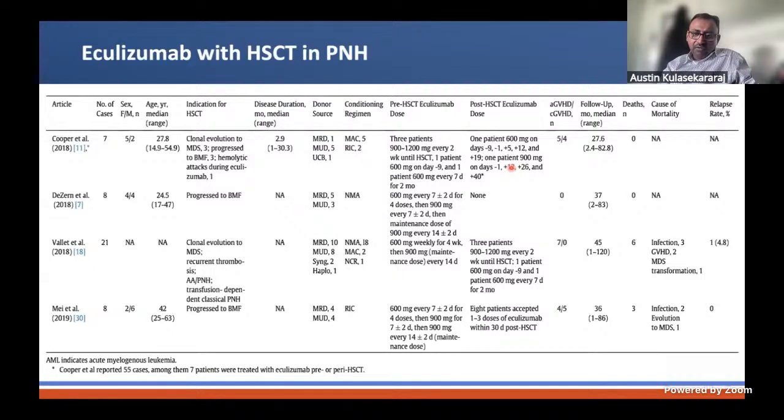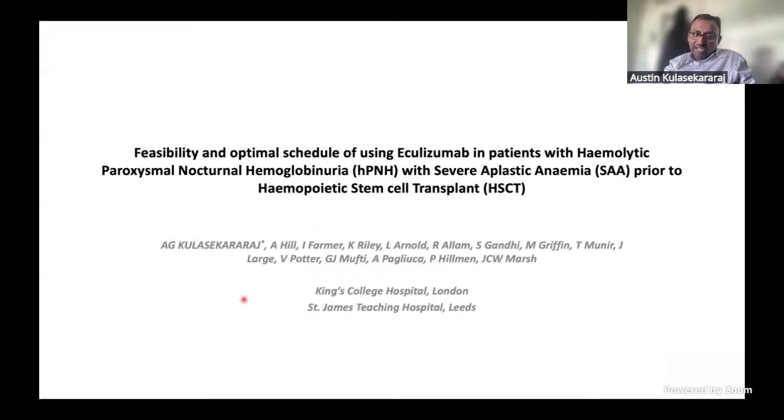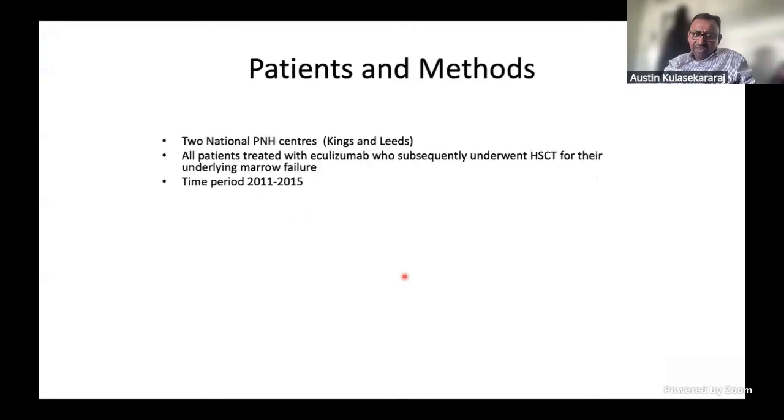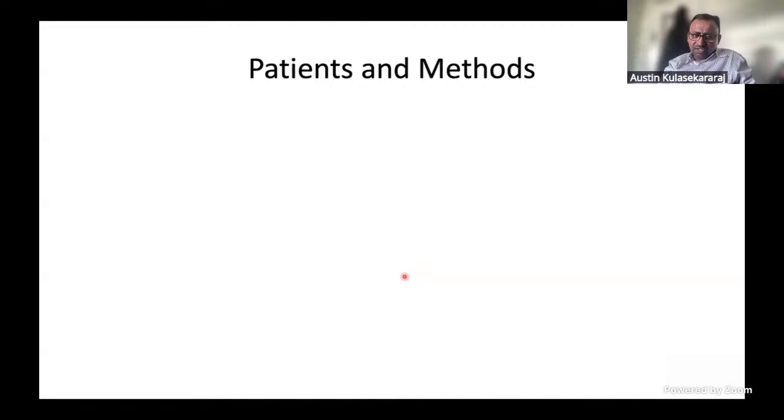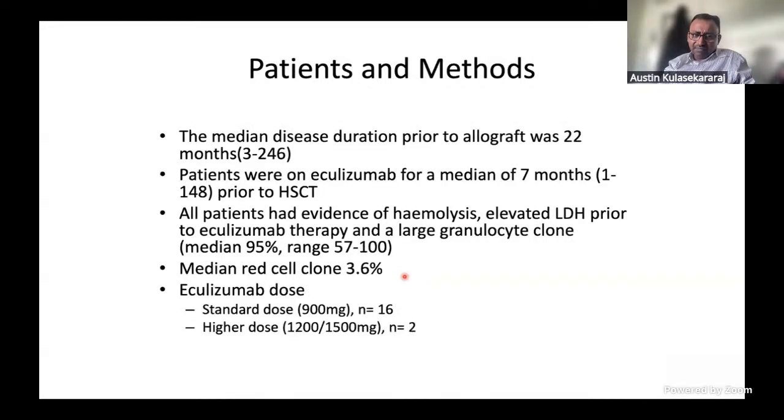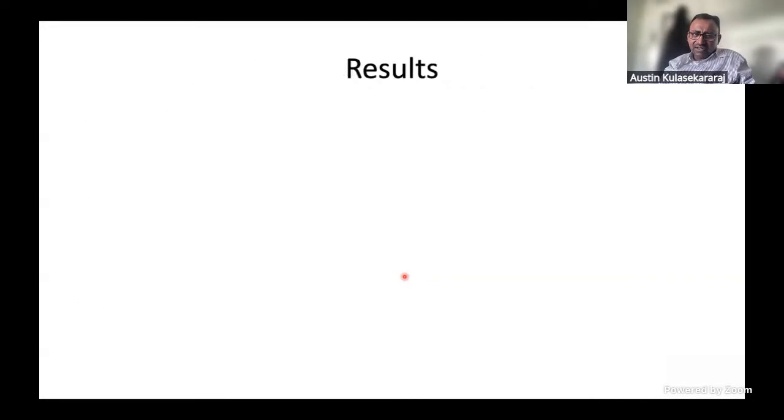And there has been few data published. So we are putting together our data of around 60 to 70 patients who had eculizumab, ravulizumab, or other anti-complement therapy and went in for transplant. Some of the initial data I presented a few years back. But even in this group of patients, which I'll skip through, there is an increased risk of